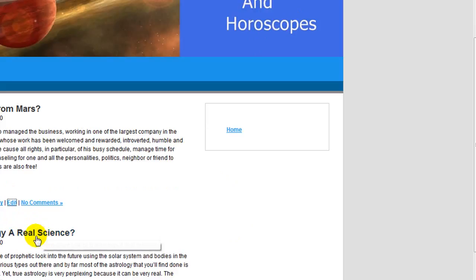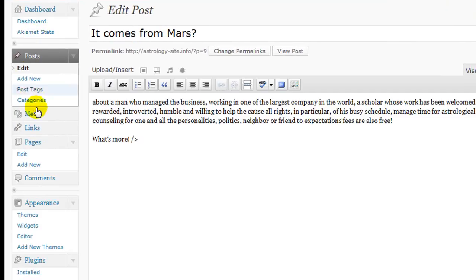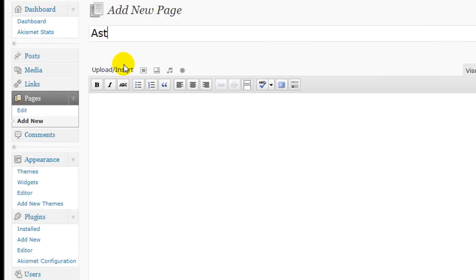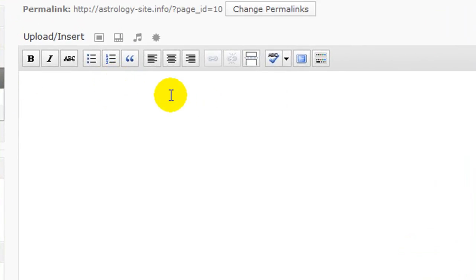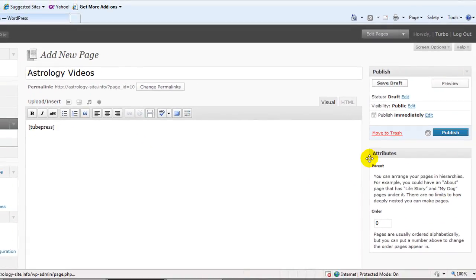Now next thing I'm going to do is create a video page, so you'll have astrology videos, and that takes a plug-in for that one too. First we'll create the page. Under pages, add new, and we'll call this astrology videos. And right in this box here, you're going to type in brackets, like this, TubePress, and then another bracket behind it, and that is all you have to do to that page, and that's going to be a video page once we install the plugin. So we'll publish that,